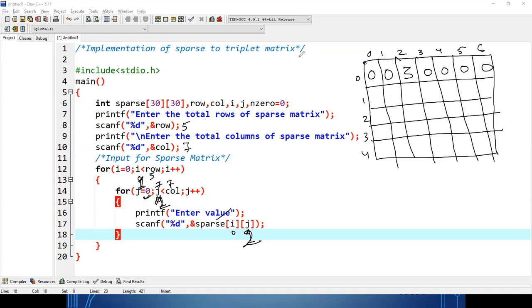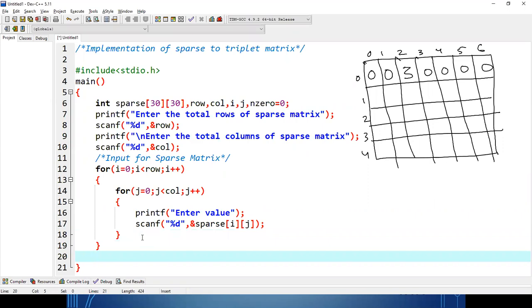Clear? So if you have not understood, just go through the code once again that we have discussed. Okay. So let me erase and we'll move forward to the next part of the program. Okay. So once I'll take the input, clear? I have to find how many number of non-zero values are there in the sparse matrix, because unless and until I'll find the total number of non-zero, I cannot input the value to the triplet matrix, because in the triplet matrix we have discussed the first row will contain total number of row, total number of column, and total number of non-zero.